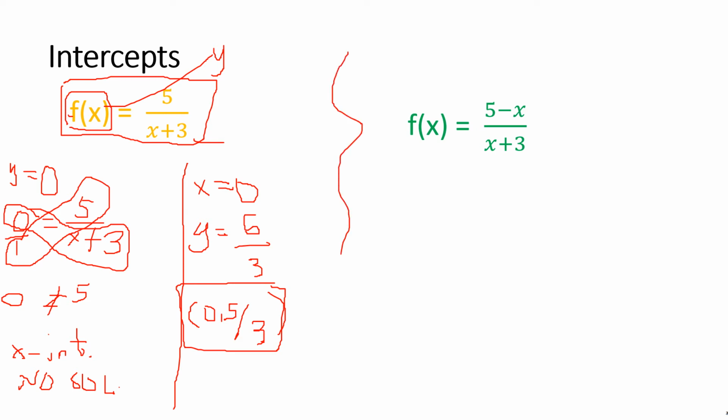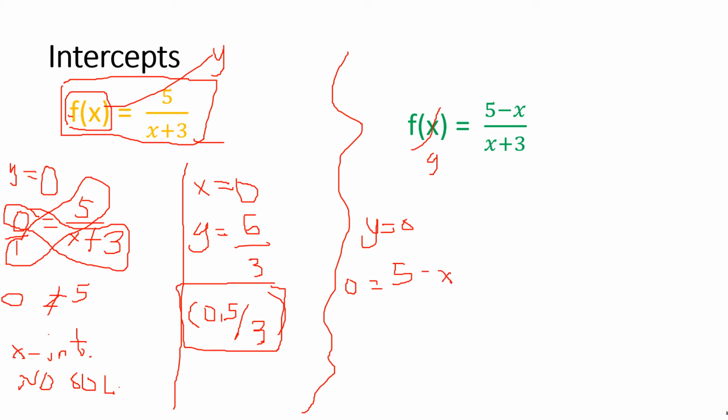Okay, let's proceed to the next function. So we have f of x is equal to 5 minus x over x plus 3. Let us find the x-intercept. So f of x will be equal to y. Okay, so when dealing with x-intercept, we will let y be equal to 0. Okay, so we will be having 0 is equal to 5 minus x